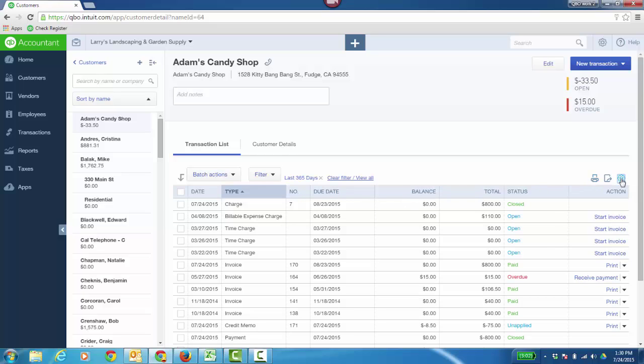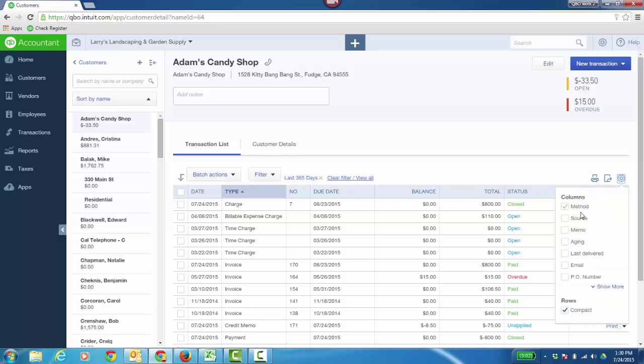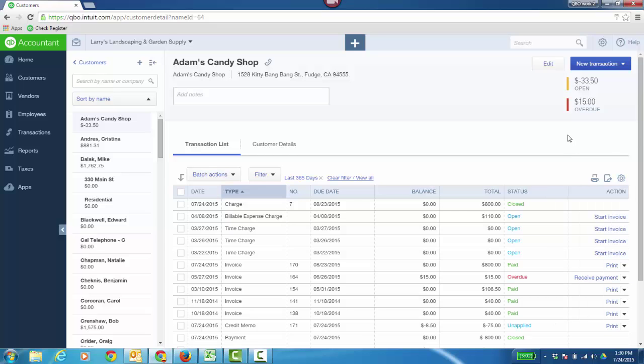Again, a little baby gear icon here to add other columns that might be helpful, like memo or maybe last delivered, as far as being able to email out of QBO or the auto sent. And I can even make the rows compact as well, Excel, and you can print the transaction list per customer also. Above, you can click New Transaction,